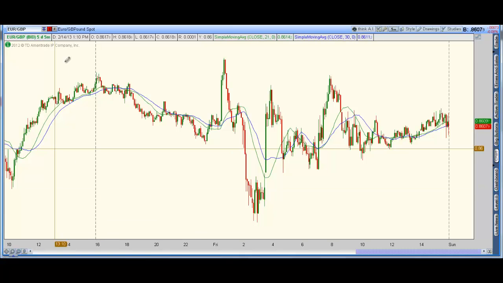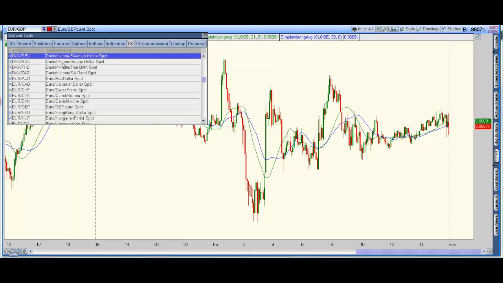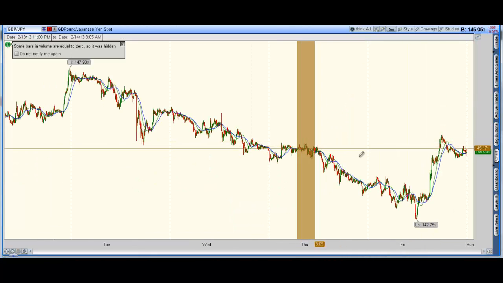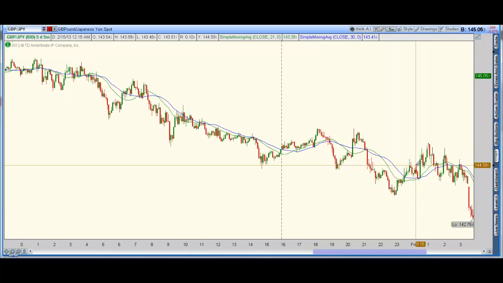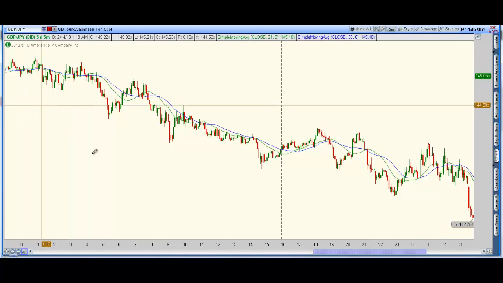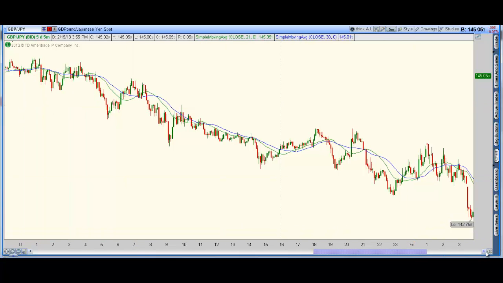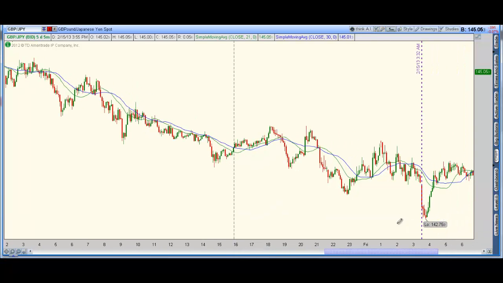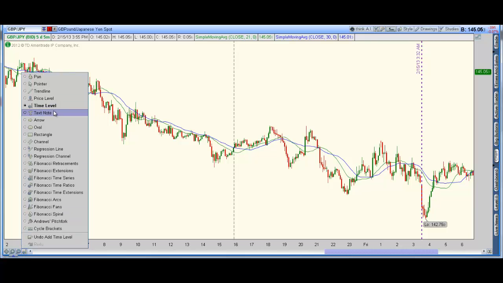Well, this individual had picked the pound yen, and let's take a look at the pound yen chart, and we'll focus in on this particular trade right before the release, and we're going to draw a line at where the release came out, move forward right to the time that the release came out at 3:30, right there, and the trade plan, based on where we've drawn our lines, would have been to enter this trade on a buy